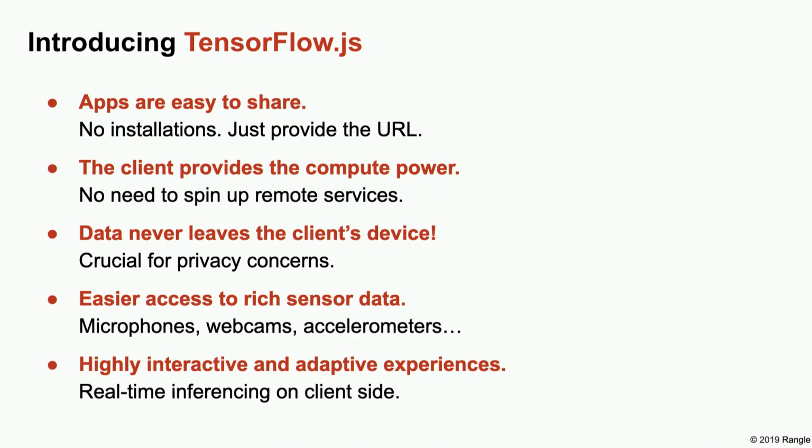The second point is that the client provides the compute power. So you basically offload training and predictions to the user's hardware. And for you as a developer, that eliminates significant cost. You don't need to worry about keeping a potentially costly remote machine running on, like, AWS, for example. You don't need to worry about adjusting compute power based on changing request volumes or even service startup times. So it eliminates a lot of that back-end infrastructure overhead and lets you just focus on creating an amazing user experience with your machine learning model.